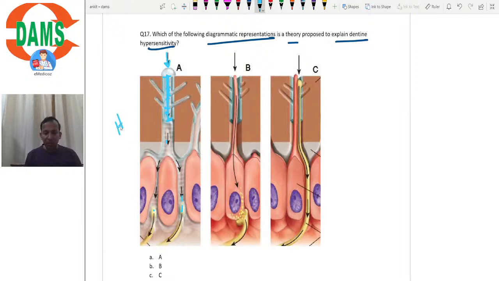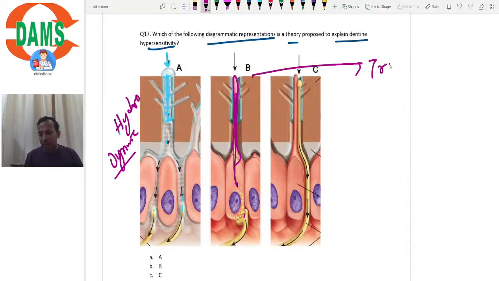So probably this represents the hydrodynamic theory, isn't it? The first diagram represents the hydrodynamic theory. In the second diagram, you can see that the odontoblastic process is seen to extend towards the end, isn't it? So what it says is that the impulse is conducted by the odontoblastic process, and from here it is picked up by the neuron. So the second diagram represents the transduction theory,